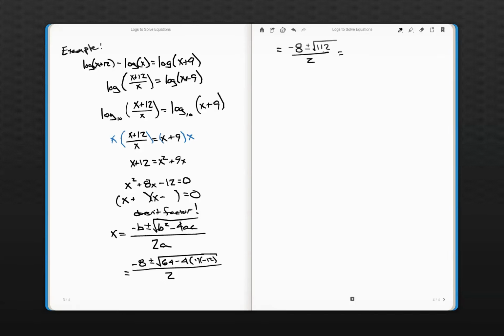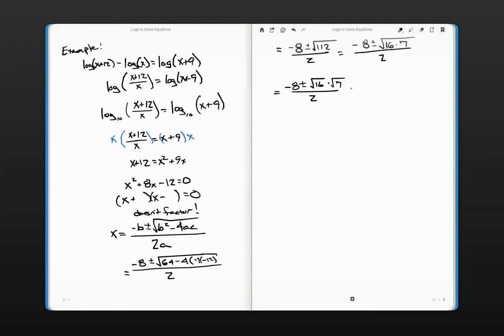Now these get kind of tricky. I know I can get a 4 out of here, right? So that'll be 28. But I can get another 4 out of there, so that means 16 must go into this. So it's going to be negative 8 plus or minus the square root of, this is 16 times 7, I think, works out. Yeah. All divided by 2. Right? So that equals negative 8 plus or minus the square root of 16 times the square root of 7